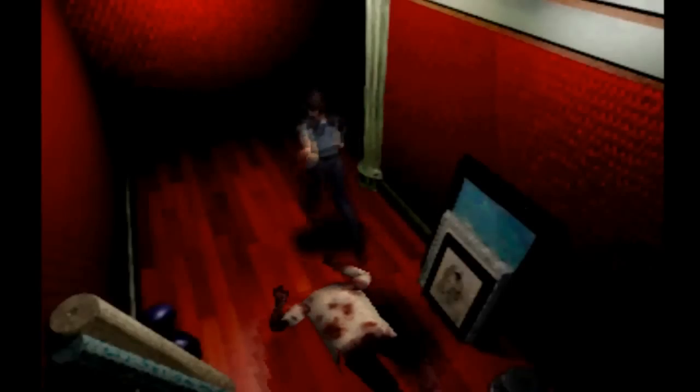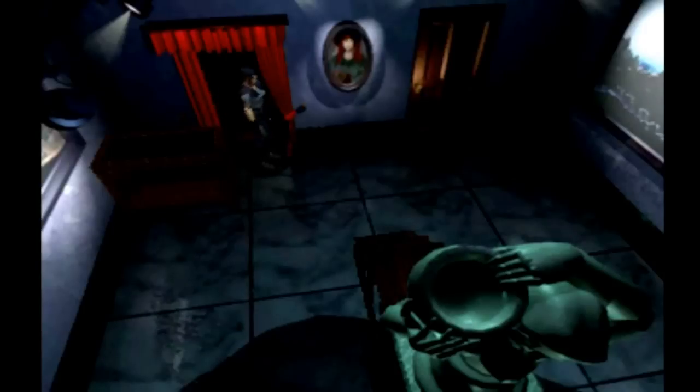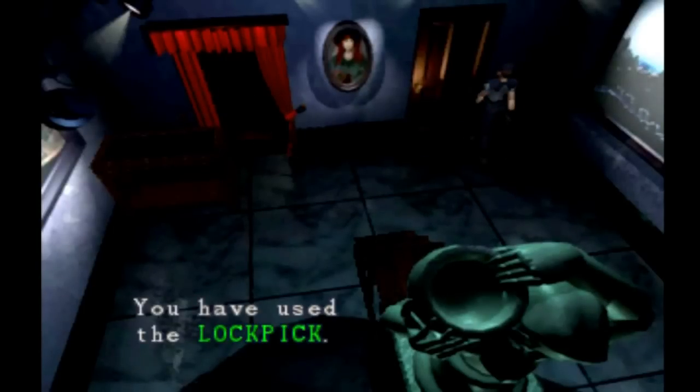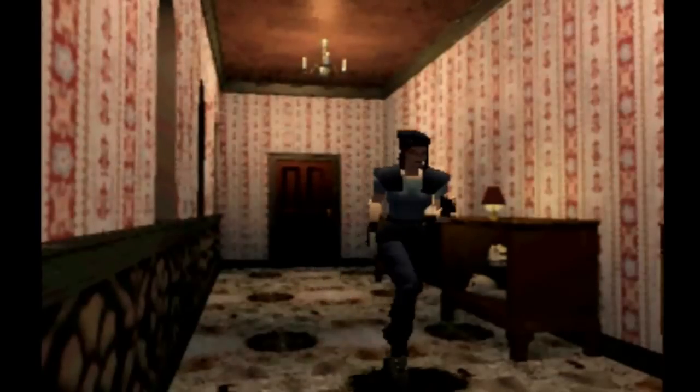So as you saw, the only thing you get here is a couple ink ribbons, so it's up to you if you want to do that or not. And being the master of unlocking, I can get through this door, of course. I would actually suggest you skip that room because it's not worth the time and effort. So let's head down this hallway and...